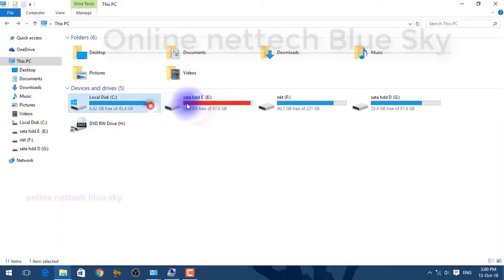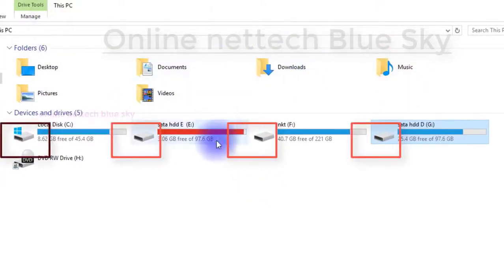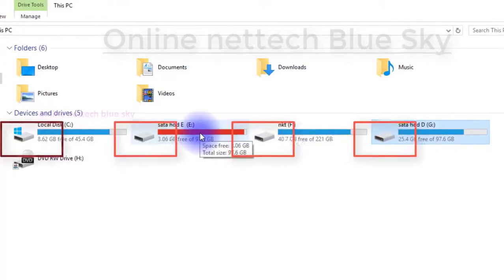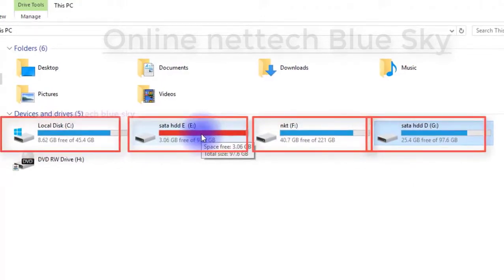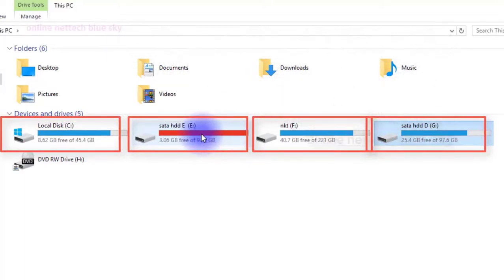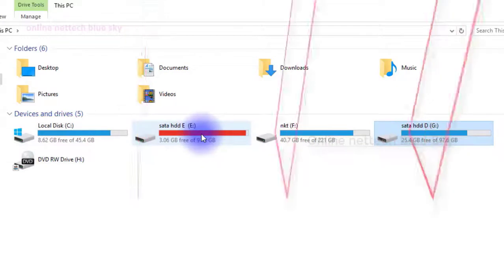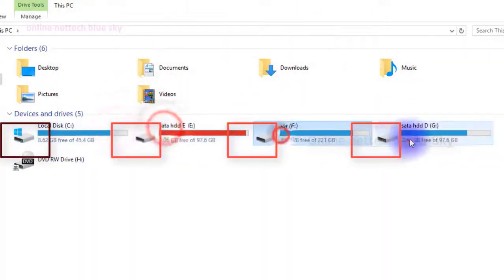Why not create only one partition? Because sometimes it is very important for your data, and you should not store everything in partition C. So you can directly find all your data, directly access it, and identify where I put a file. You can put different types of folders and documents in your partitions, directly accessed from your storage area.